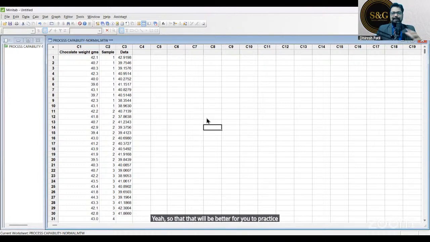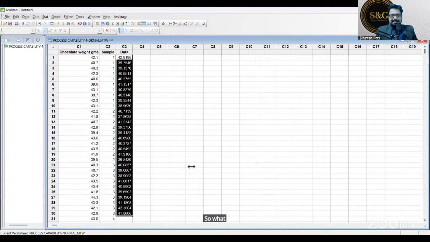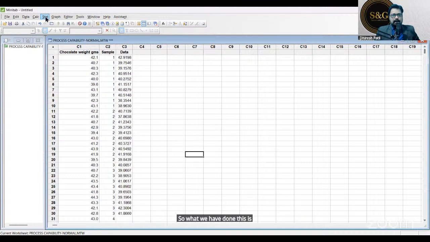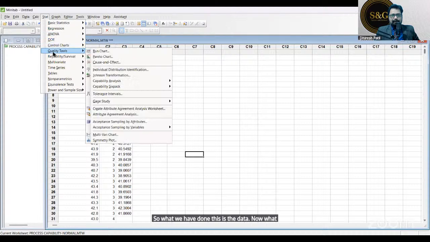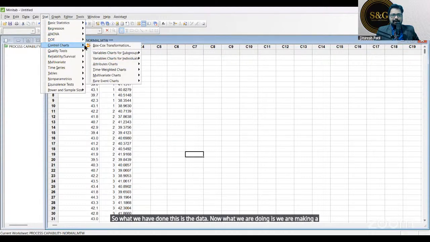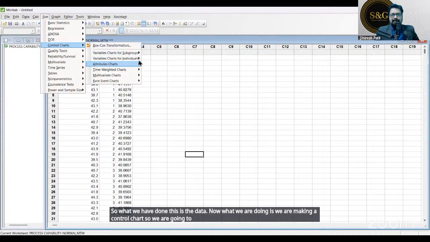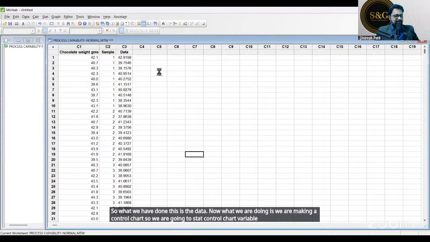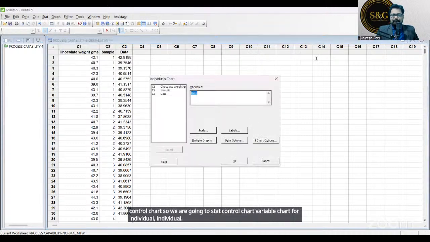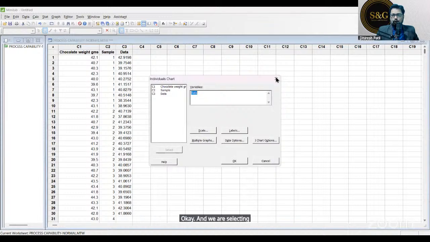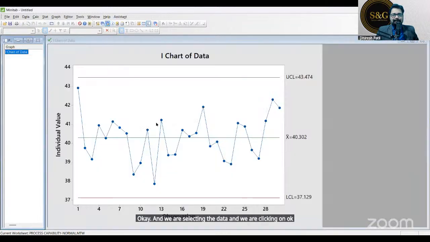Okay, right now let's just observe. So what we have done, this is the data. Now what we are doing is we are making a control chart. So we are going to Stat, Control Charts, Variable Charts for Individuals. Okay, and we are selecting the data and clicking on OK, and we are getting the control chart